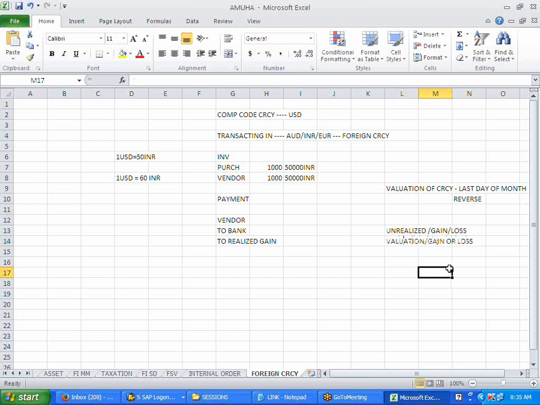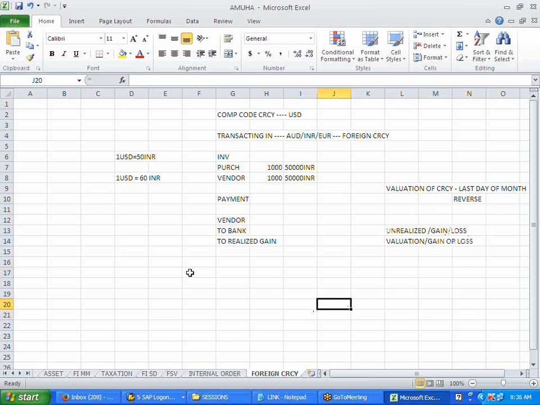Clear, Harshita? Now, if you just imagine this way, Harshita, you are having a company. When you are dealing in currency other than your USD, there will be some reserves left in your company, right? AUD or INR or EUR or whatever it might be. For that currency, you need to evaluate again into USD at the end of the month, because you need to show the shareholders, or whoever it might be, the true position of the company, because that foreign currency will be there in millions of dollars. So that currency you need to do the valuation. That is called an unrealized gain or loss.